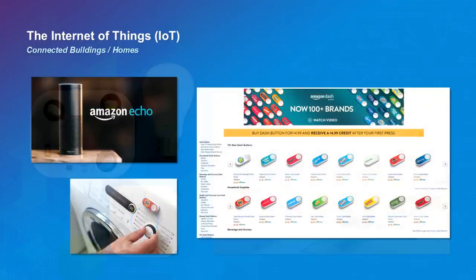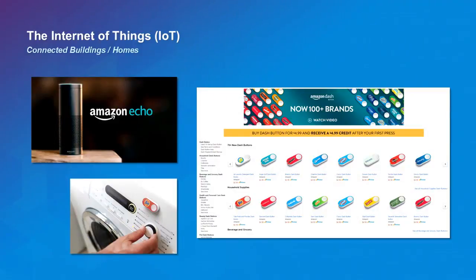Let's switch over here. One of the other areas we've seen a lot of growth with has been the market side for IoT. The device you see here in the top left corner is an Amazon Echo, sometimes described as Siri on steroids. So this is a home automation device that Amazon has provided. You can walk into any room and say, Alexa, that's the name of their unit. Alexa, what's the temperature outside? Alexa, what's 5 times 5? Just any kind of question you would ask your smartphone now.